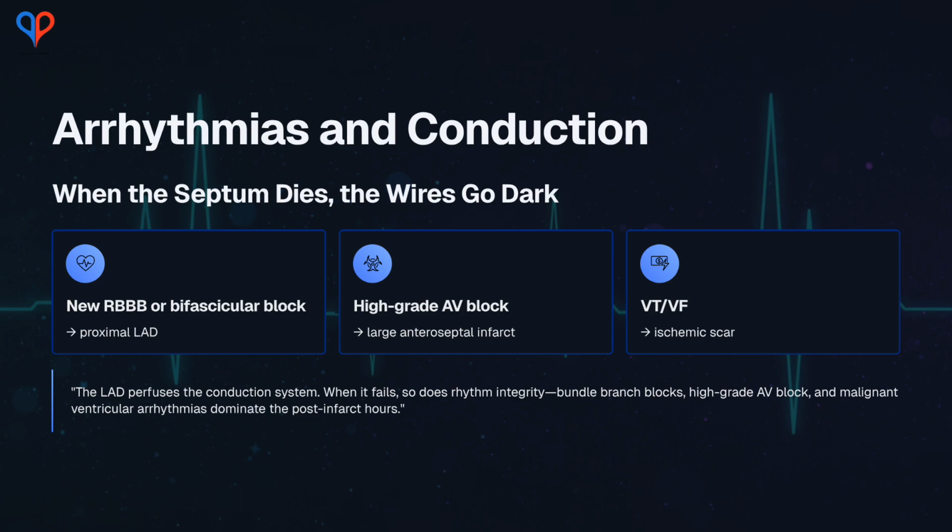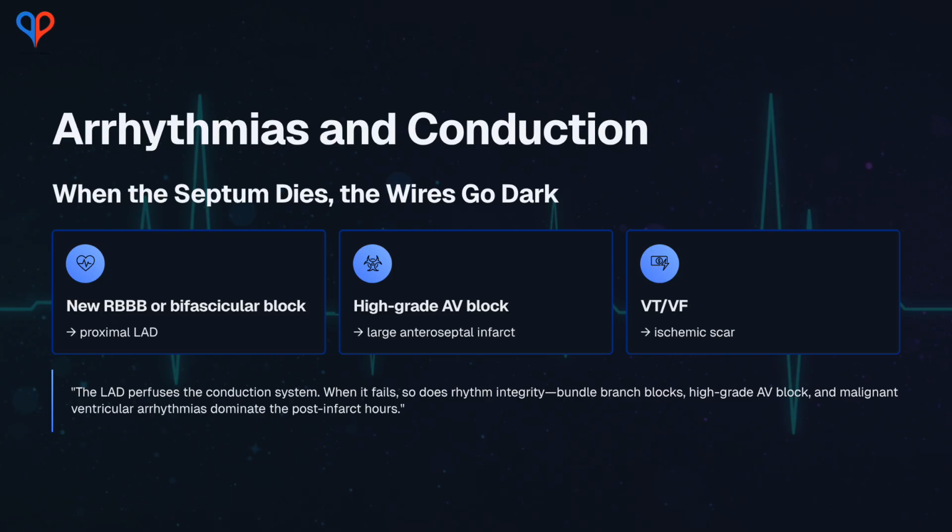High-grade AV block, including Mobitz type 2 or complete heart block, can occur and is much more ominous in the context of anterior MI than in inferior MI, because it usually reflects structural destruction of the conduction tissue rather than transient ischemia or increased vagal tone. Additionally, anterior STEMI carries a high risk of ventricular tachycardia and ventricular fibrillation, particularly in the early hours during active